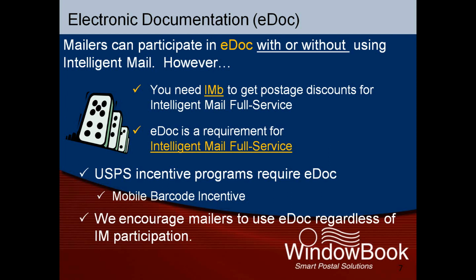Of equal importance, the Postal Service is now making eDoc a requirement of many of the incentive programs that are available to mailers. A recent example of this is the mobile barcode incentive, which is available from July 1st, 2011 through August 31st, the end of this month. This involves